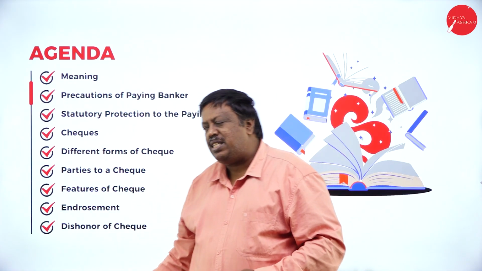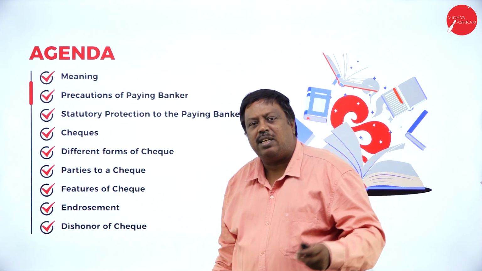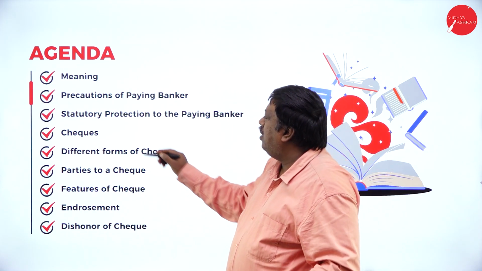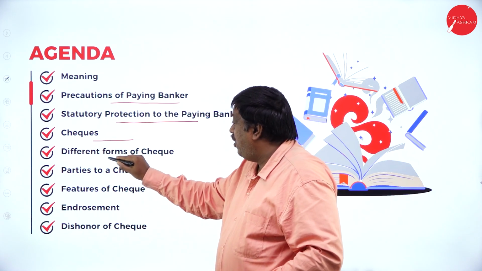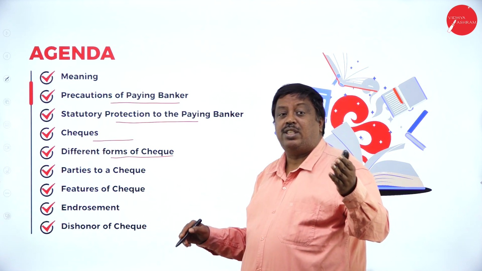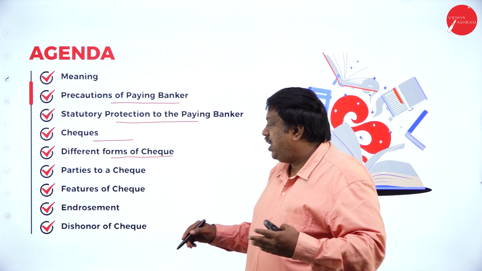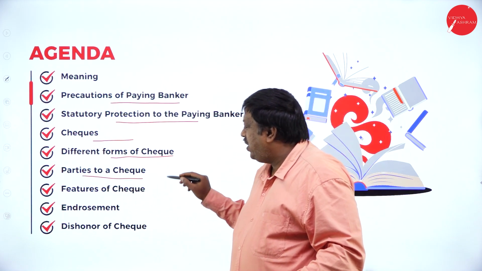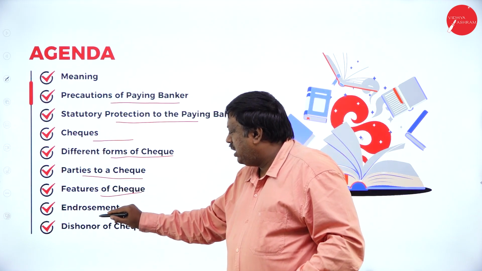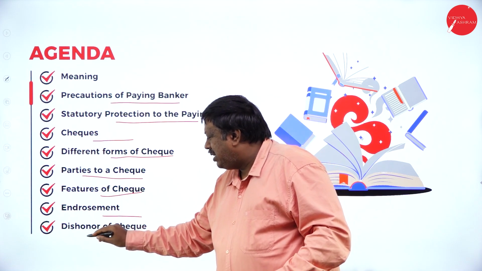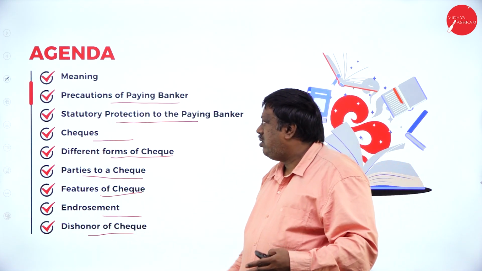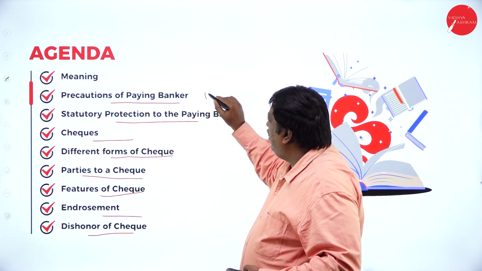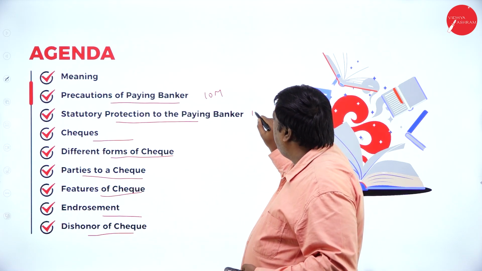Today's agenda is very simple. We are going to discuss the paying banker meaning, precautions, statutory protection, checks, different forms of checks. Earlier, how the checks were, and now what type of checks we have, and who are the parties of a check, features of a check, what is an endorsement, and what are the circumstances of dishonor of a check. These concepts we are going to discuss here, and the question they may ask for 10 marks,